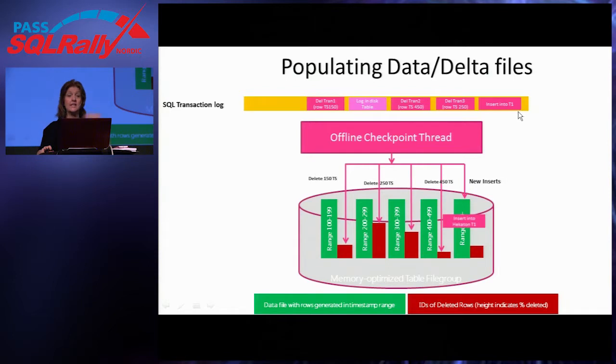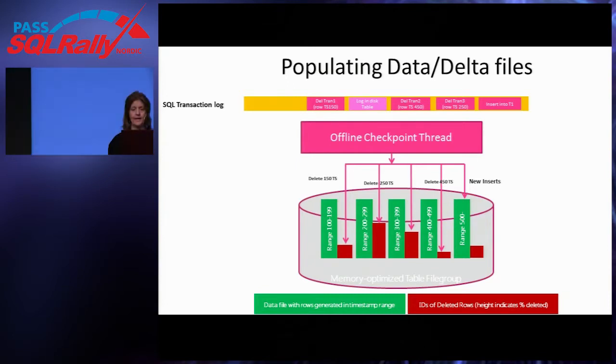But the insert is a current insert, or an insert that happened at this timestamp, and it goes into the last range there. So we've got this set of rows that have been inserted, but then rows that have been deleted from that set written out every time a checkpoint occurs. If there's a failure, these files can be used to recreate all your data. I have a slide on that recovery process that we're obviously not going to have time for.